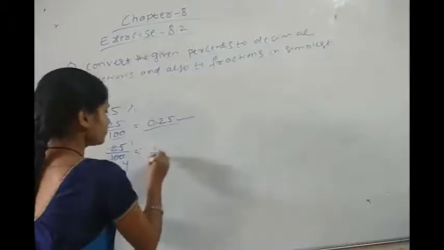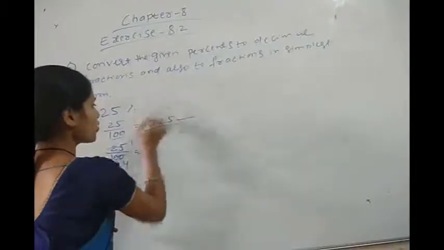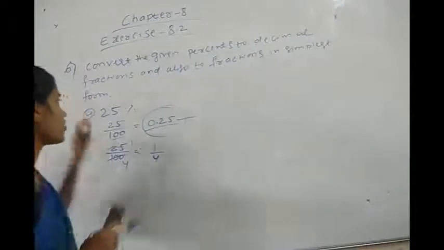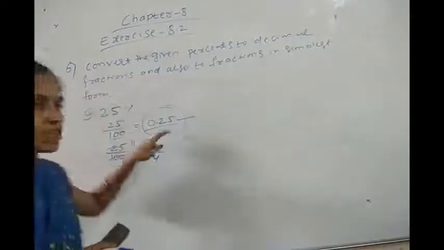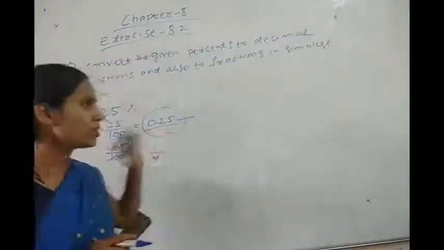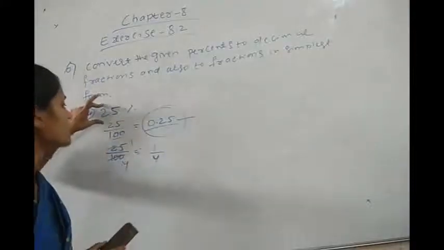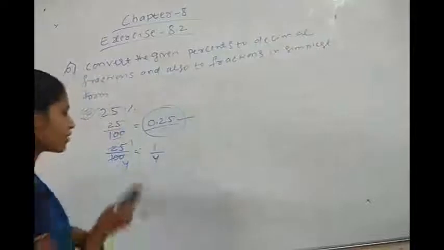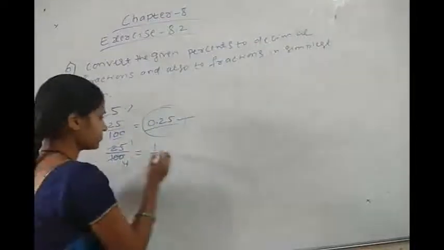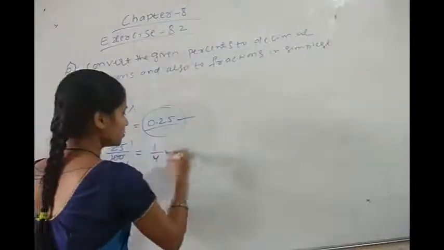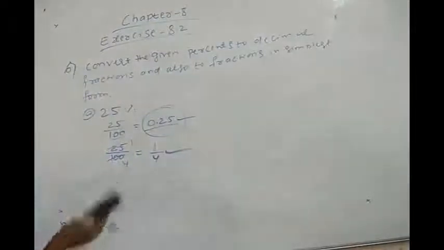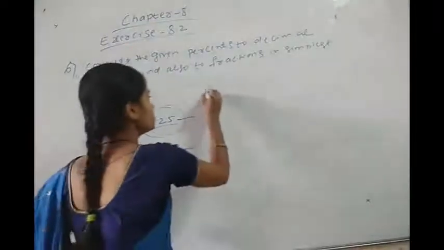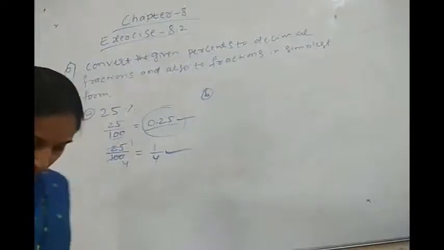1 by 4. So 0.25 is the decimal. We have converted this 25% in terms of decimals, that is 0.25, and also we have converted 25% in terms of fractions, which is in its simplest form, that is 1 by 4. Okay. So these two are the required answers. Okay. Now come to the question number B, that is